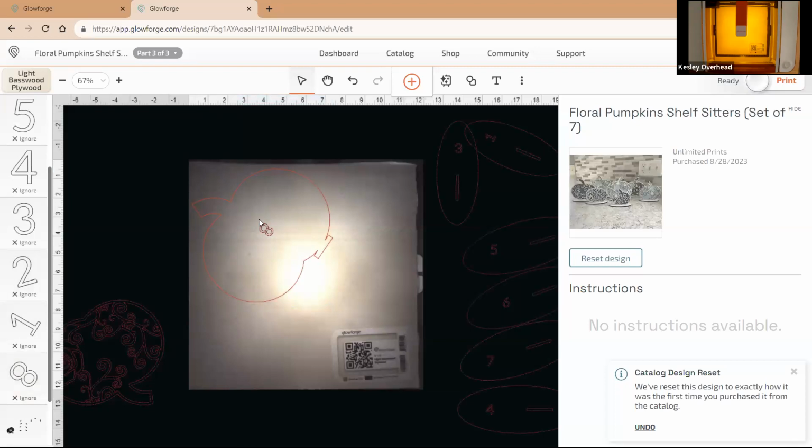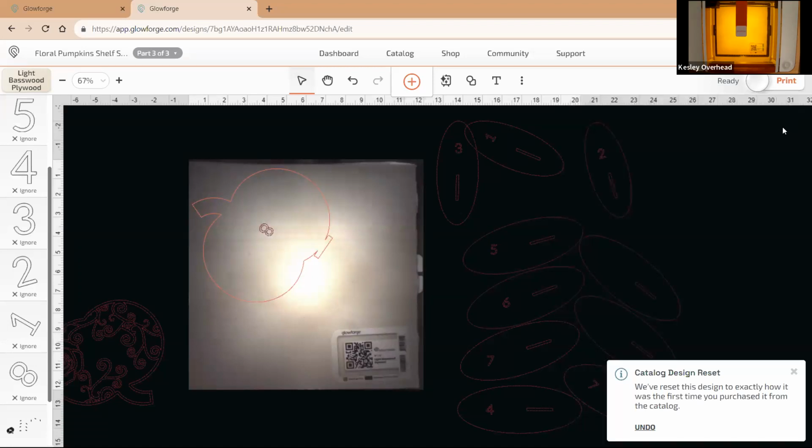Once I've got it positioned how I want it on the piece of wood that I can see, then I'm just going to go over to the side here and click print. Now, one thing you'll notice if I hide this, usually, I don't know why it's not doing it,